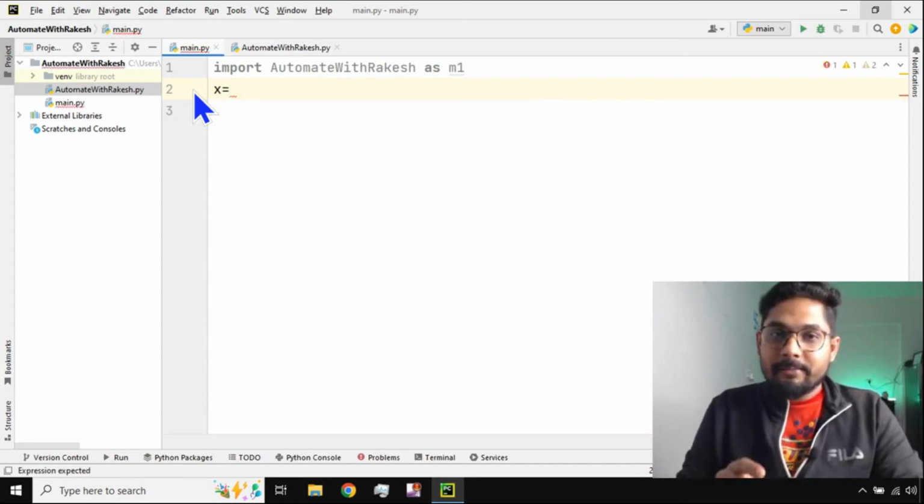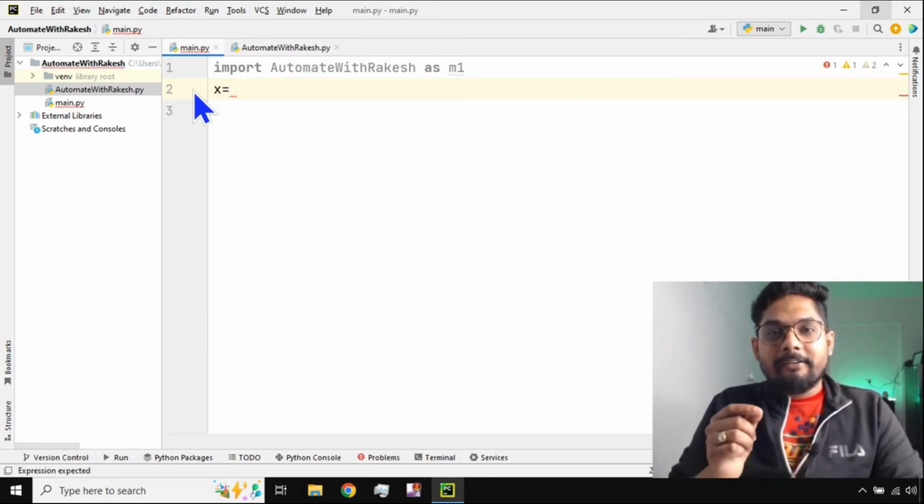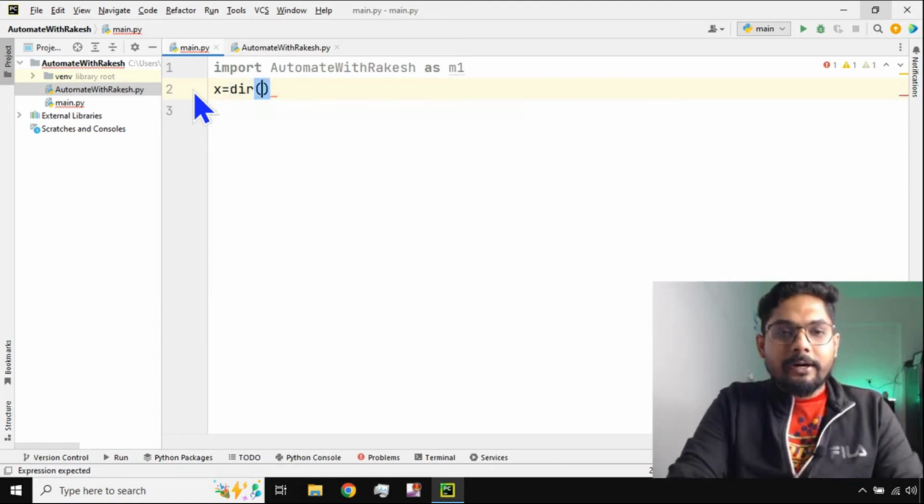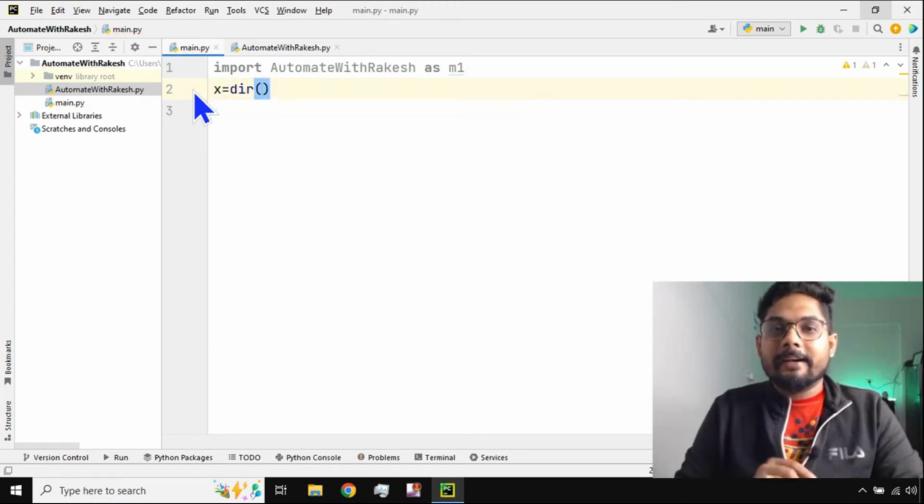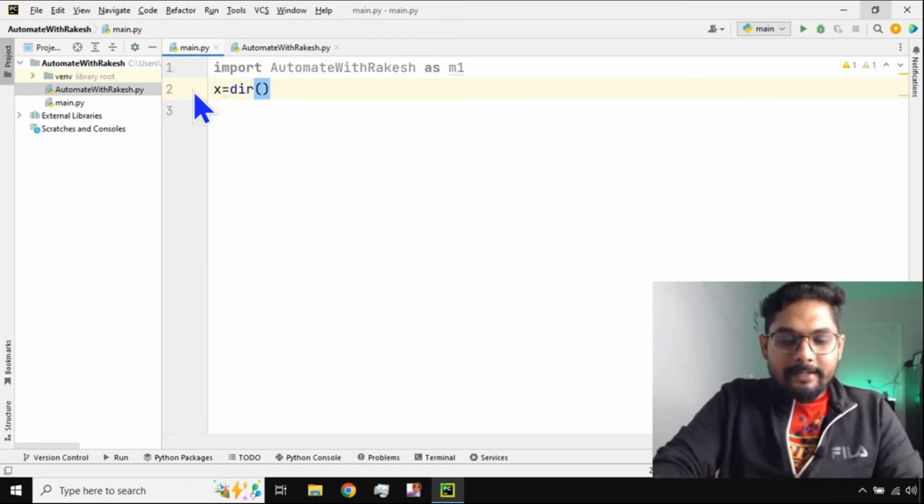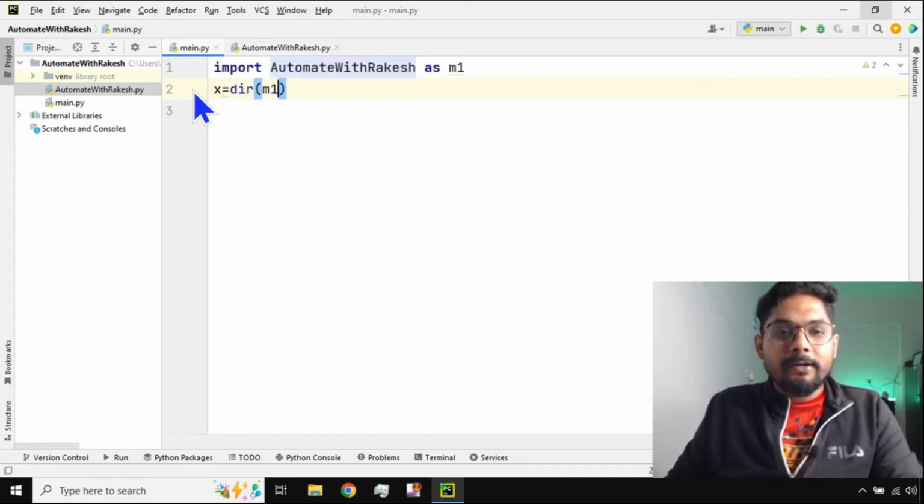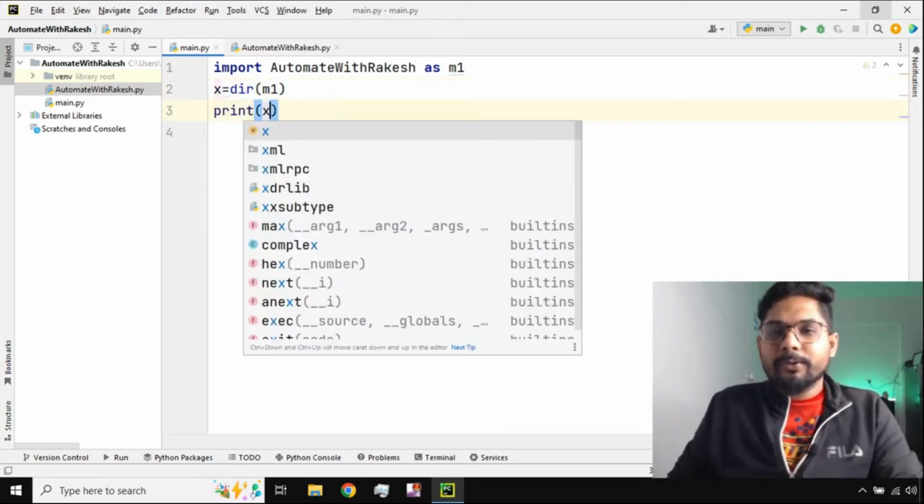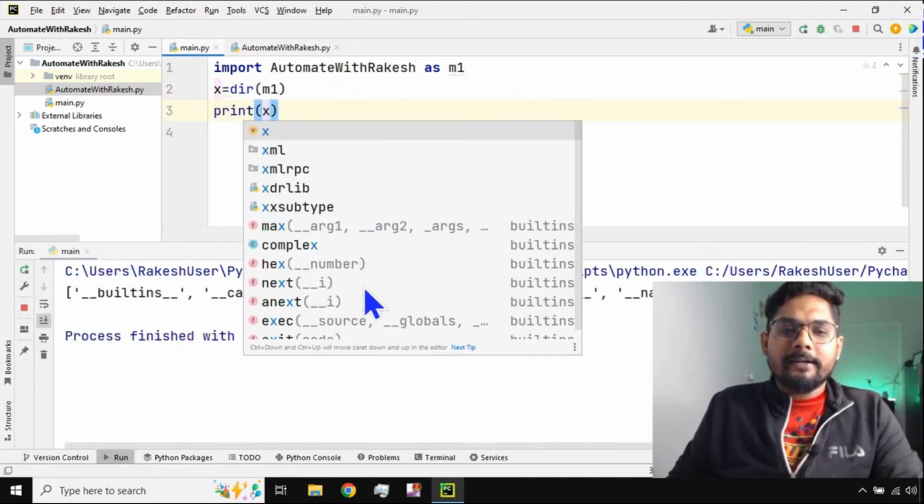how many different variables are defined inside a module, how many different functions are defined inside a module. All this can be known by simply using an inbuilt function called directory, dir. And here I simply have to give the name of the module. That's it. And if I do this, and if I try to print the value of x here, I'm going to get all the defined